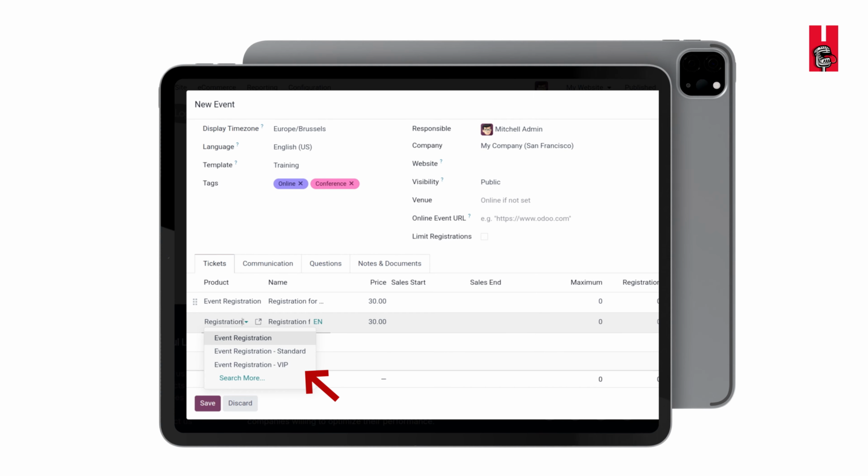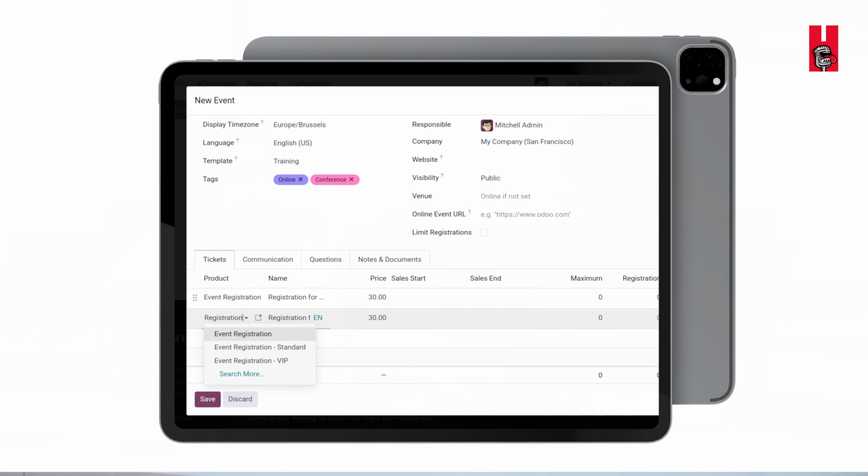Once it's done, users can register for the events from the front end. Is it clear? You might be confusing this with the ticket in the helpdesk. It's not that. This is to create event tickets from the website itself.